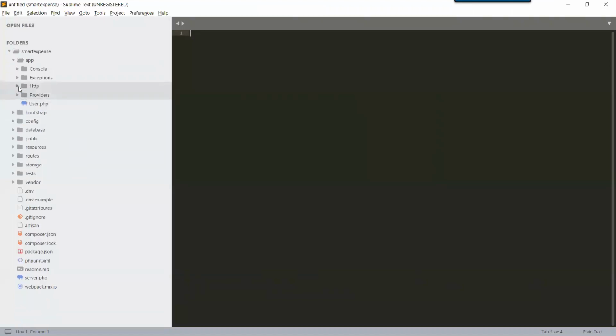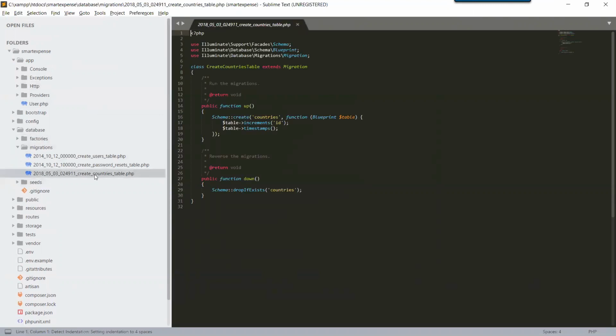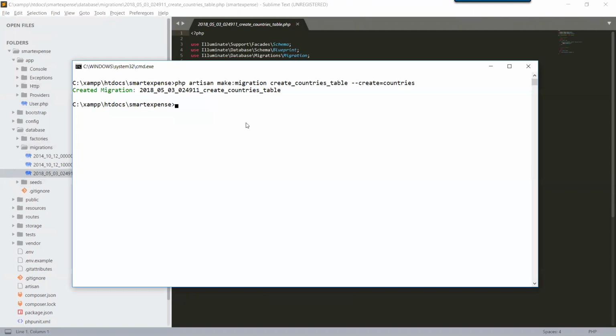Let's check it in our migrations. Go to database migrations, and here you can see a create countries migration is created with the schema create countries. Okay, and also we need a zone table.